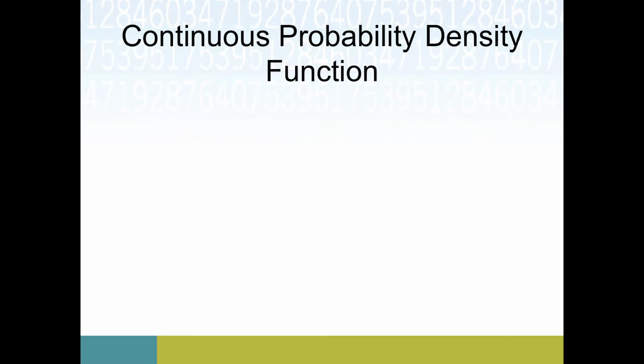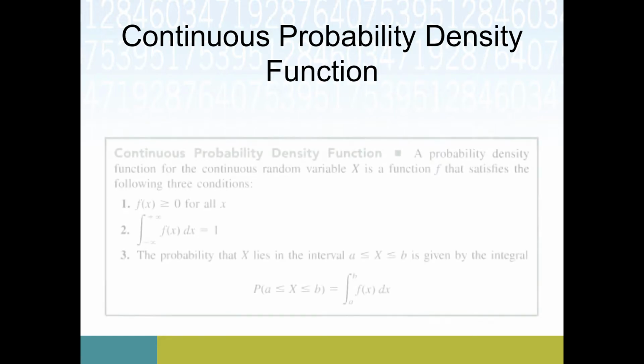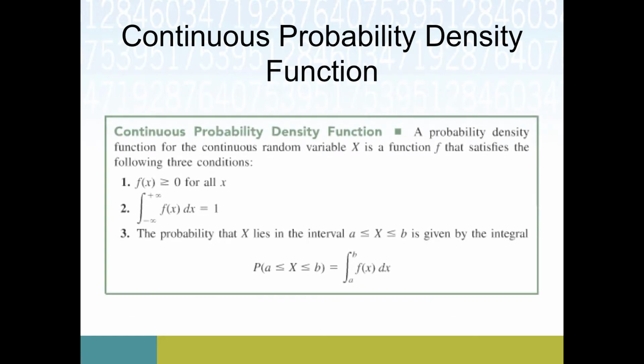Okay, so moving on to the continuous side of things, because that's more where our calculus minds are going to go here. A continuous probability density function. It's a mouthful. But basically what it says is you've got some random variable. It can take on numbers other than just a list. So there could be a whole range of them, but they are real numbers. So they could be irrational or have lots of decimals to them, not just whole numbers anymore, like our last